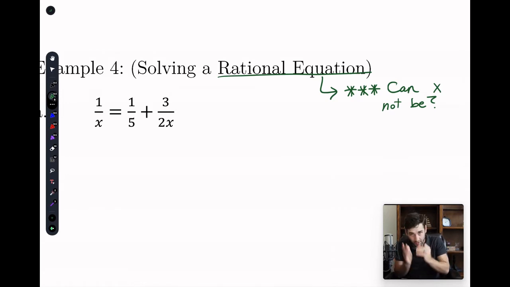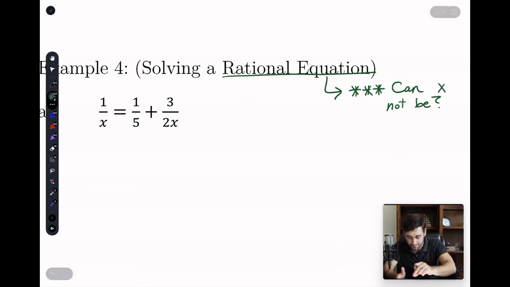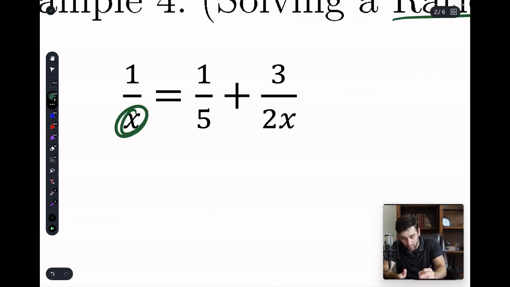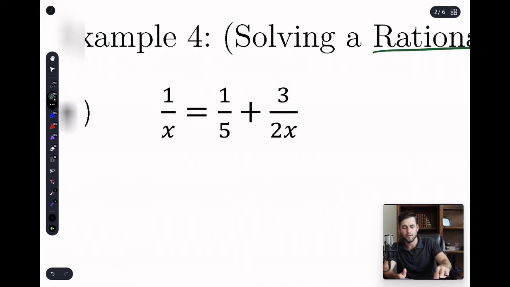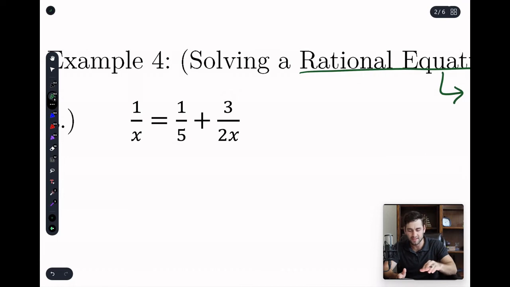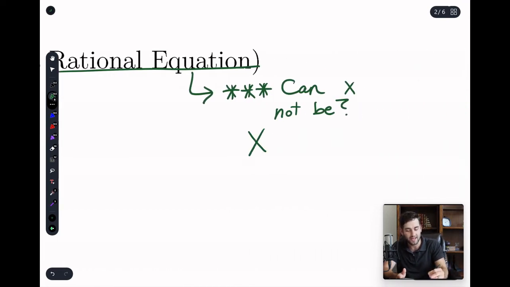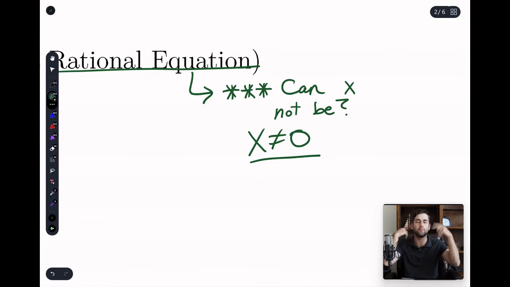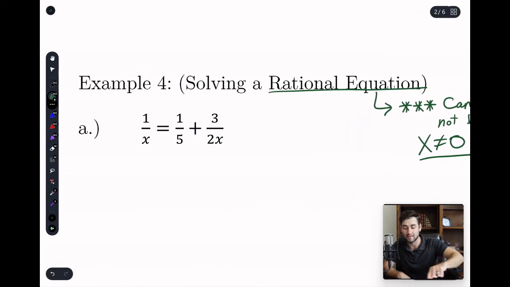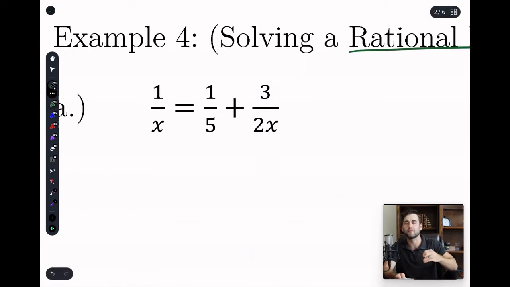So then we have to look at the denominator and say, is there anything that would make that x 0? Well, if we had a 0 right here instead of an x, that'd be bad, right? And if we had a 0 right here instead of x, that'd be bad, right? But are there any other numbers that make the bottom 0? Not in this case. So what can x not be? x cannot equal 0. That's just a condition that I'm going to keep in my brain. Because when we get to set theory later and start learning about writing answers in sets of numbers, that's going to come in handy because we're going to know that that number cannot be in our solution set. All right. But other than that, we're going to solve it pretty much the same. So in the back of our brain, we're saying x is not 0, but it could be anything else in the whole world, and we don't care.